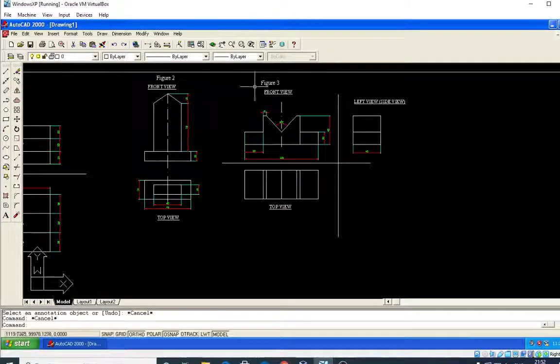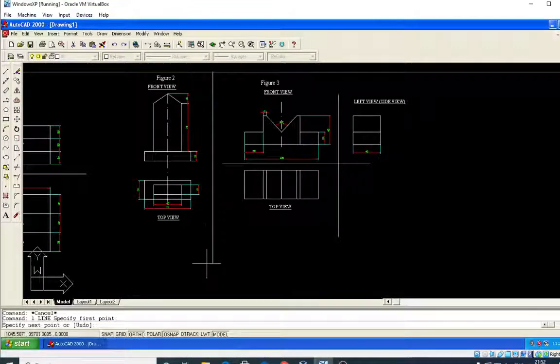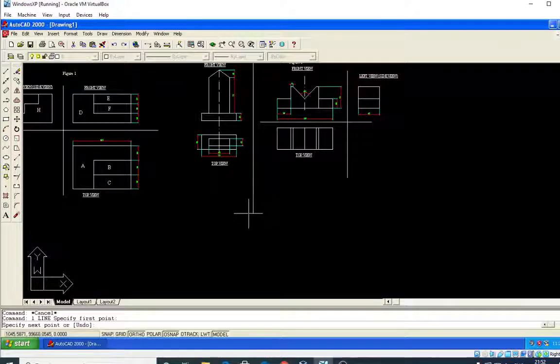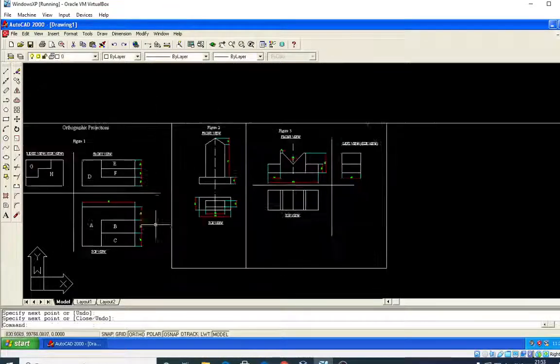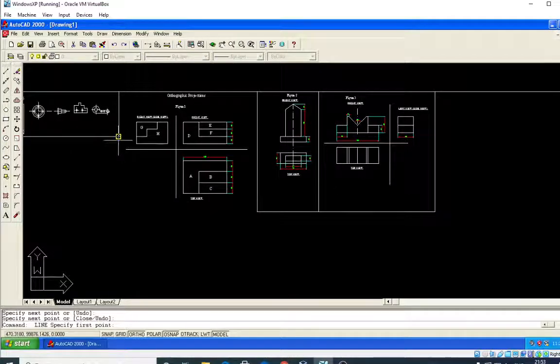Dear students, this is a third figure I have drawn. So I will make a partition of this. You can keep like this. Okay, you can keep the partition. What I will do, I will make a partition of this.